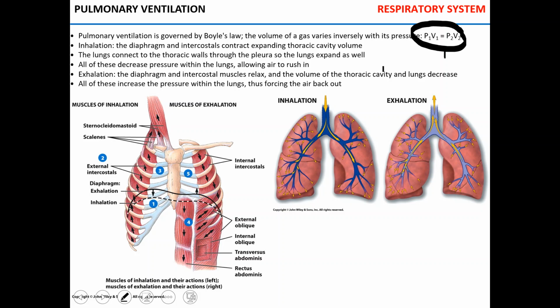The process of respiration is governed by intercostal and diaphragm muscles mostly. There are plenty of accessory muscles like sternocleidomastoid or scalenes, but we're not going to address those today. So when you inhale, diaphragm and intercostal muscles contract, and that expands the thoracic wall. When thoracic wall expands,